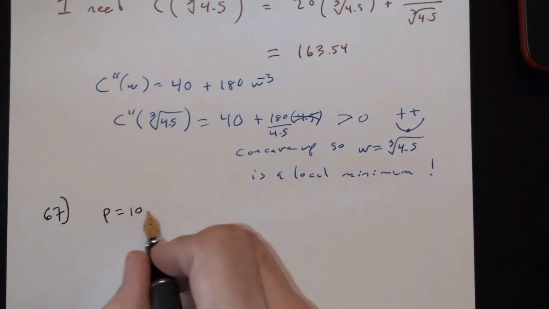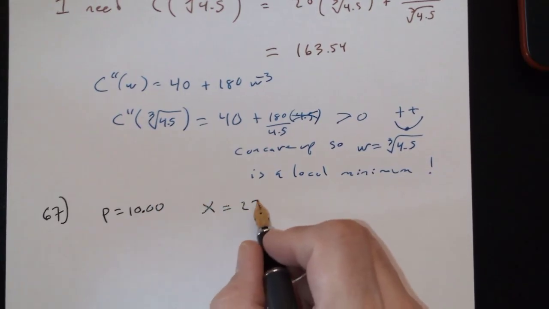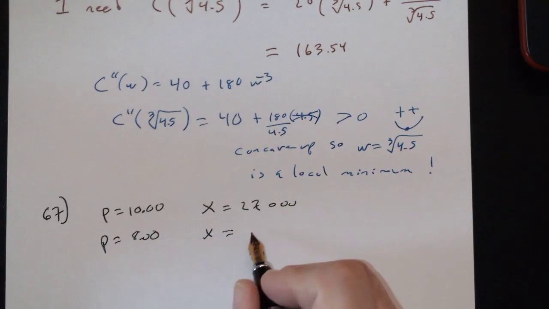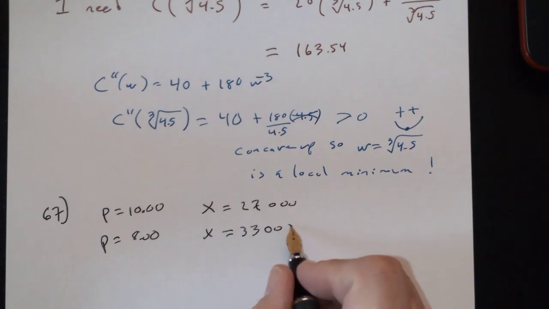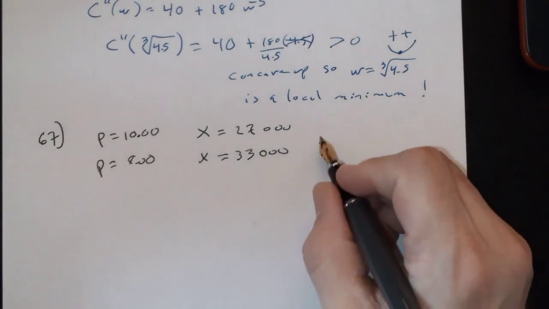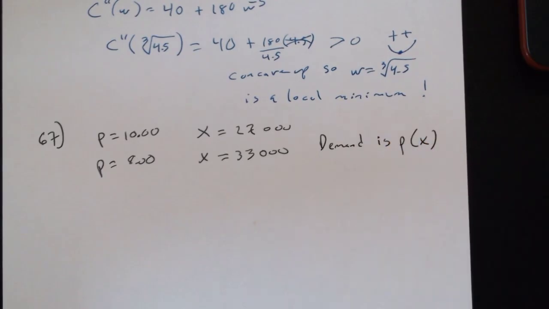When the price is $10 per ticket, the number of seats sold is 27,000. When the price is $8 per ticket, the number of seats sold is 33,000. A demand function is usually written as price in terms of things sold. A demand function is p of x,